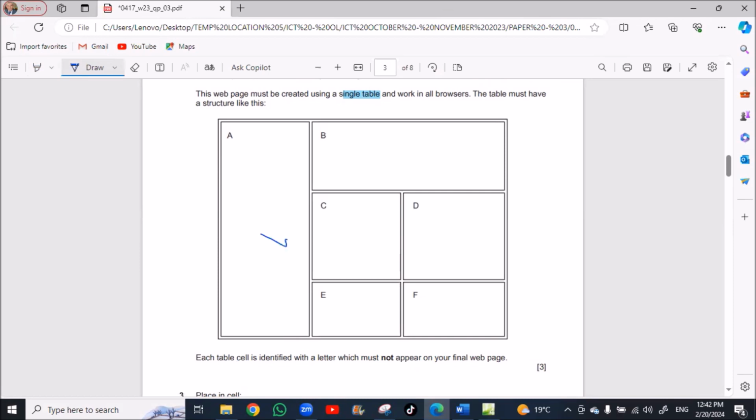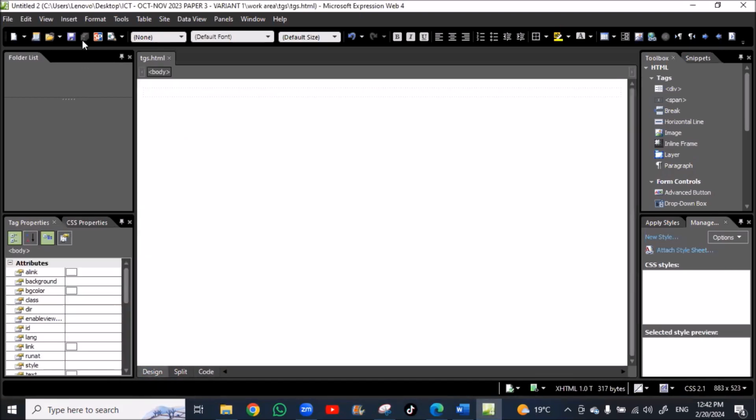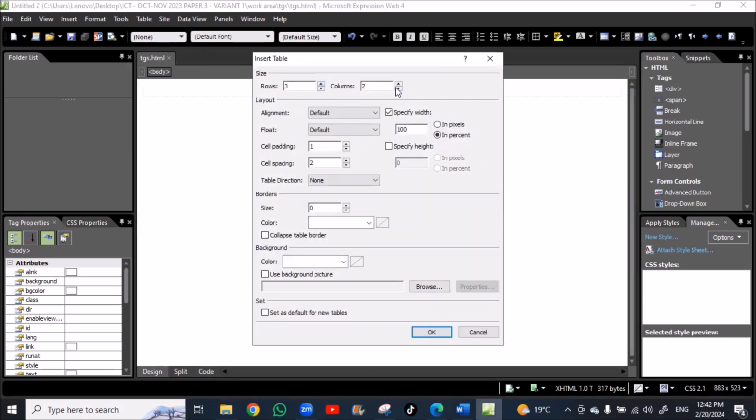So we have one column, 2, 3, and one row, 2, 3. So we need to insert a table with 3 by 3 dimensions. So let's open the design view, and for table, insert a table with 3 by 3.